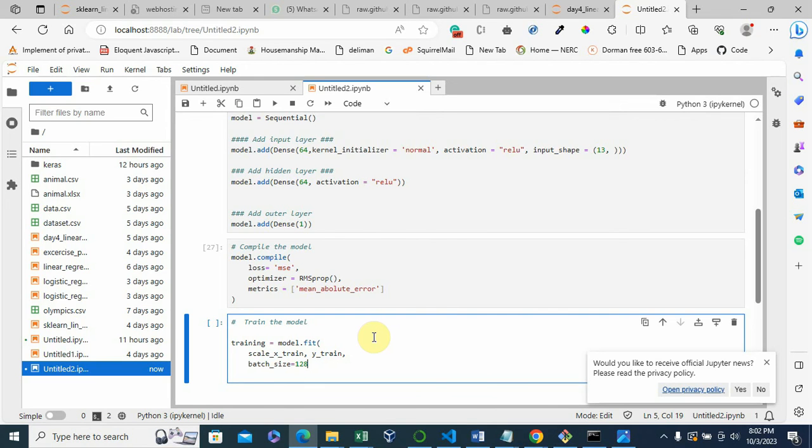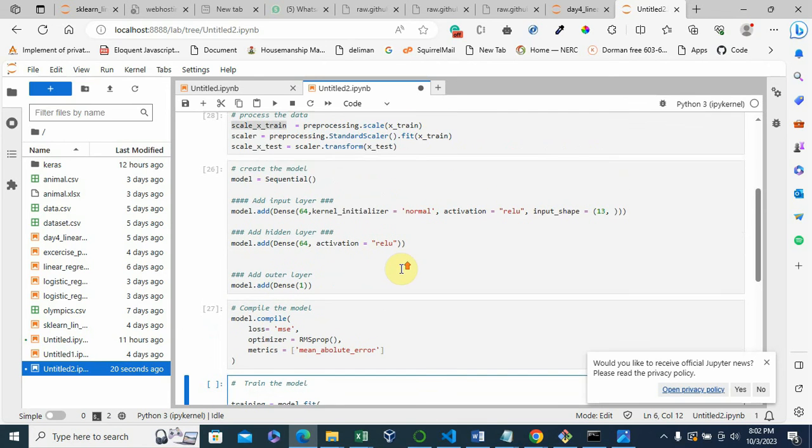Okay, so it does that, and I said that it's going to go through an iteration. You're going to have to define the number of iterations, the number of runs, and that number of runs is called epoch. So you define epoch.